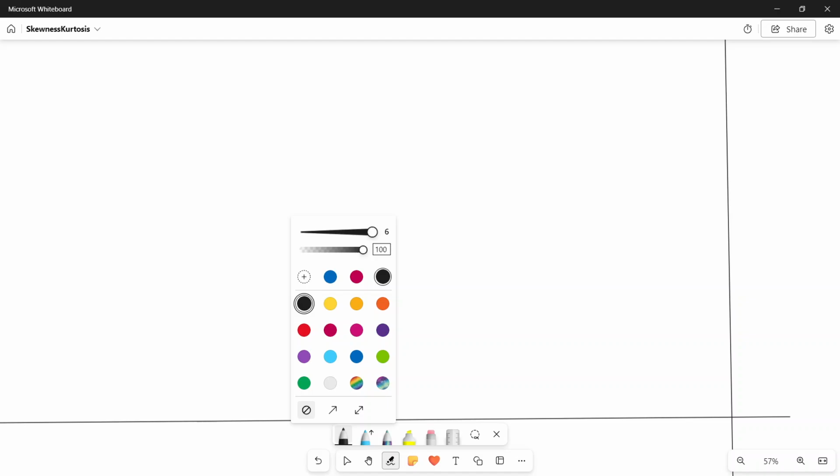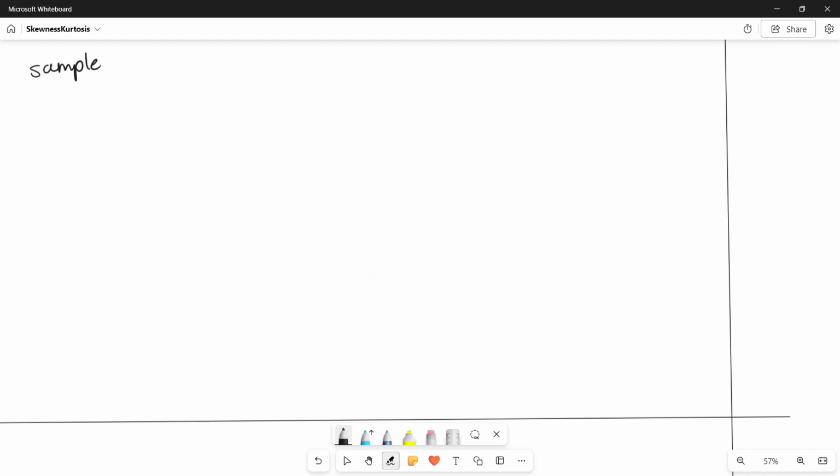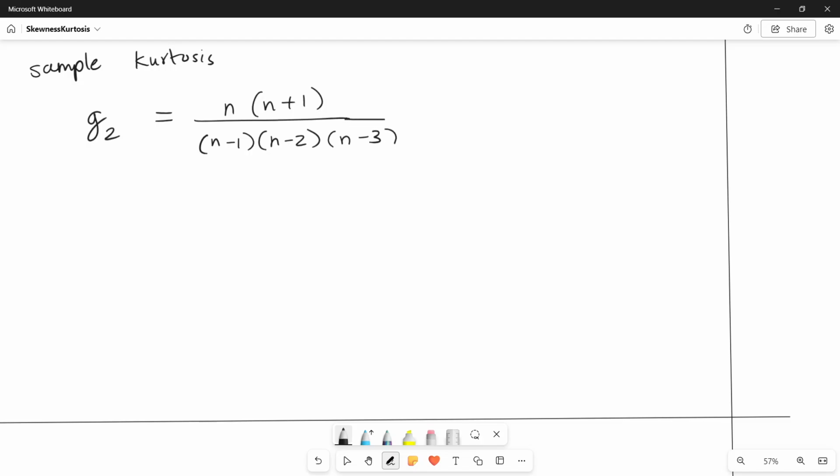Hello everyone. Now let's discuss sample kurtosis. The formula for sample kurtosis is given by this. This is sample kurtosis, normally indicated by G2, which is n into n plus 1 divided by n minus 1 into n minus 2. So n upon n minus 1 into n minus 2, this part was there even in case of sample skewness, right? Additionally, you have n plus 1, and in the denominator you have n minus 3. So this part is extra, and summation i goes from 1 to n,